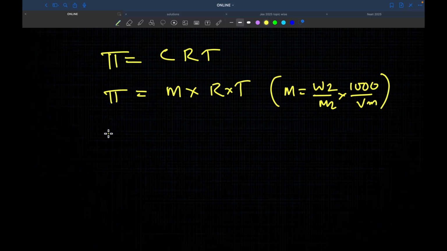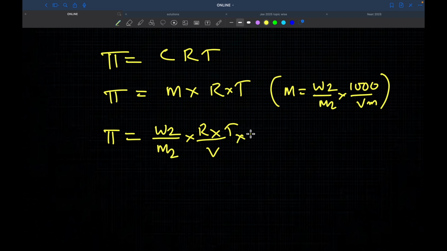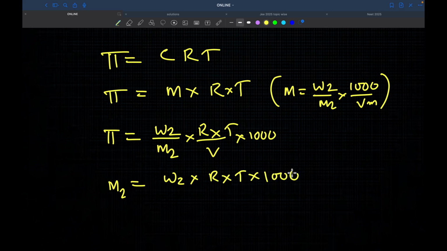So I replace here: pi equals W2 by M2 into RT by V into 1000. So from this, M2 equals W2 times R times T times 1000 over